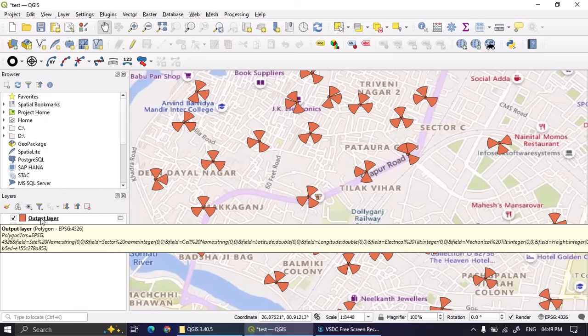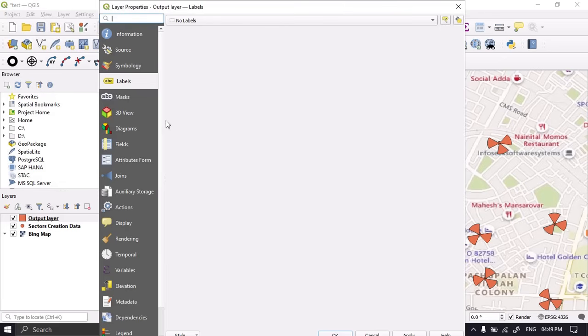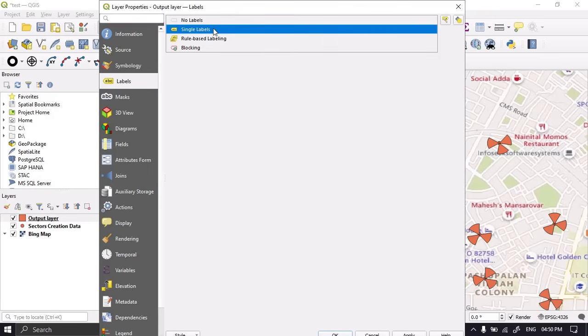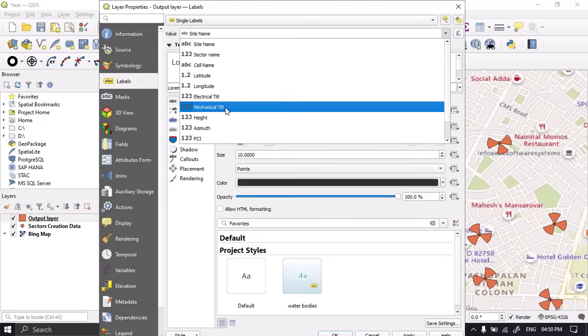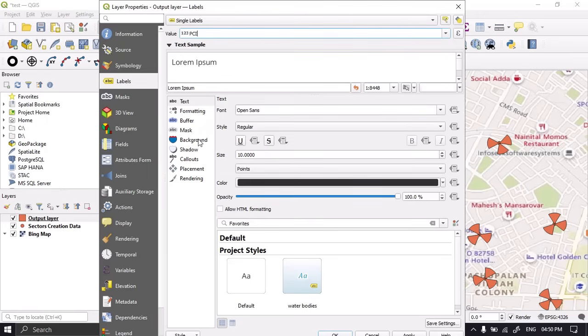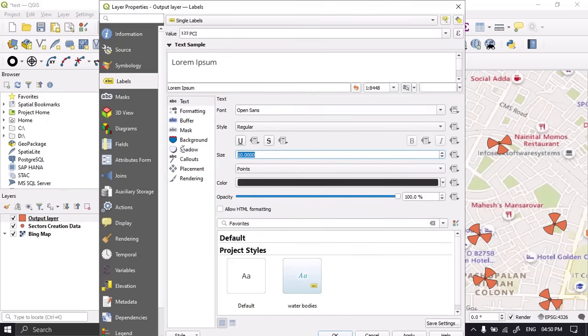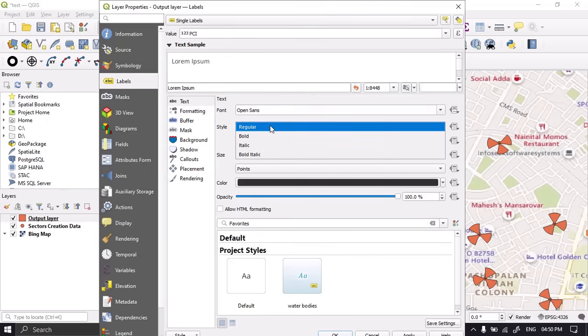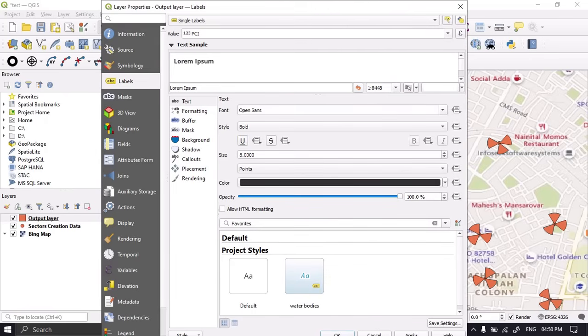So go to the output layer, go to properties. In the label option, you have to select what you want to show, like single layer, and I want to show PCIs. In the format option, I will change the size, etc. to 8 and make it bold.